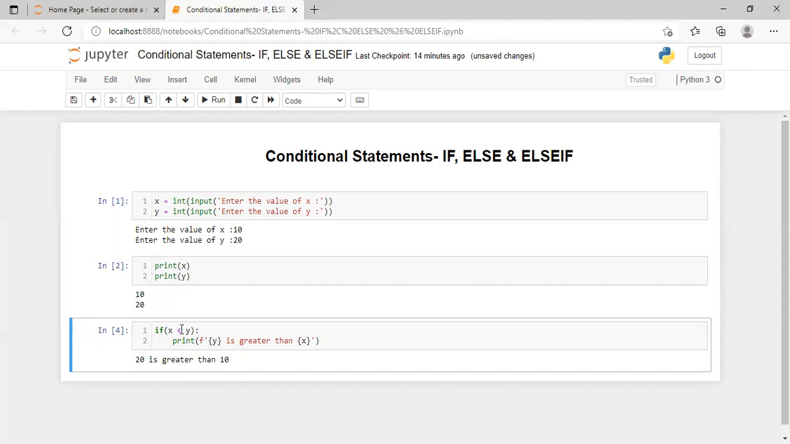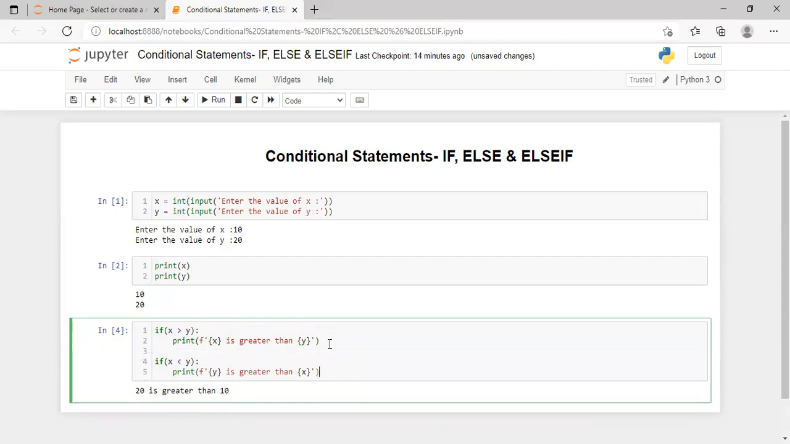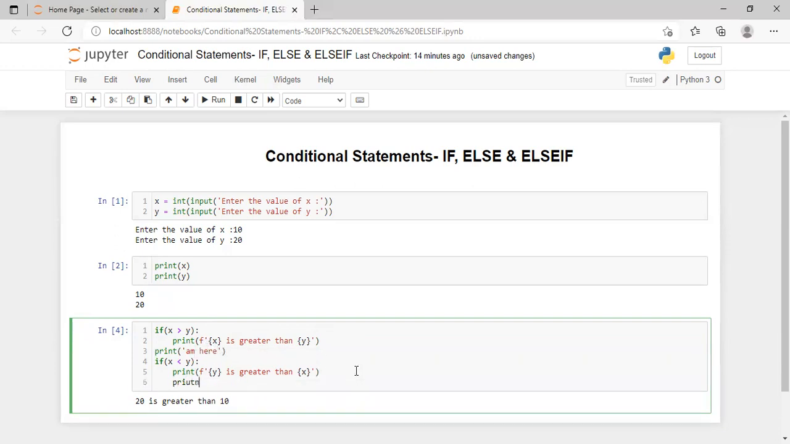Now let's say I keep the value x greater than y over here. Let me just copy it. I keep the statement as it is, x is greater than y, and then I print over here. Why I'm doing this is to make you understand how the conditional statement works. Print, I'm here, print,